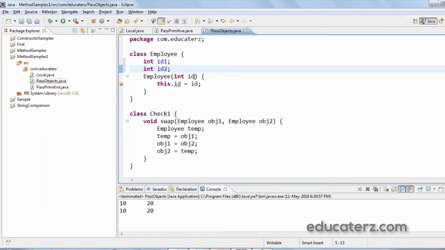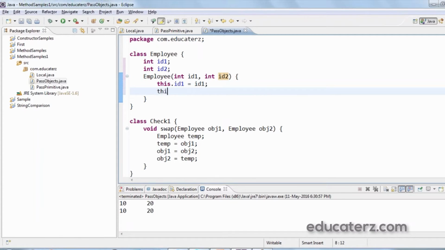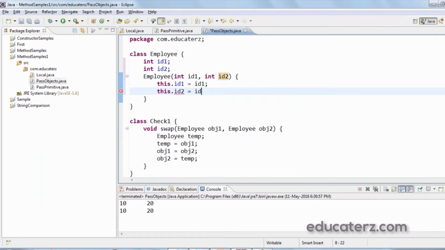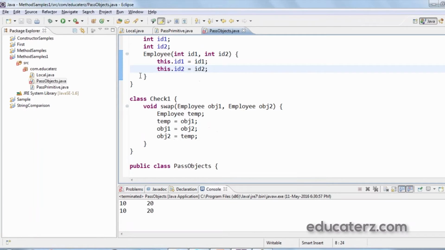Within the constructor, initialize both id1 and id2, with this.id1 equals id1 and this.id2 equals id2. So use two values, and in the swap method use only one Employee object.